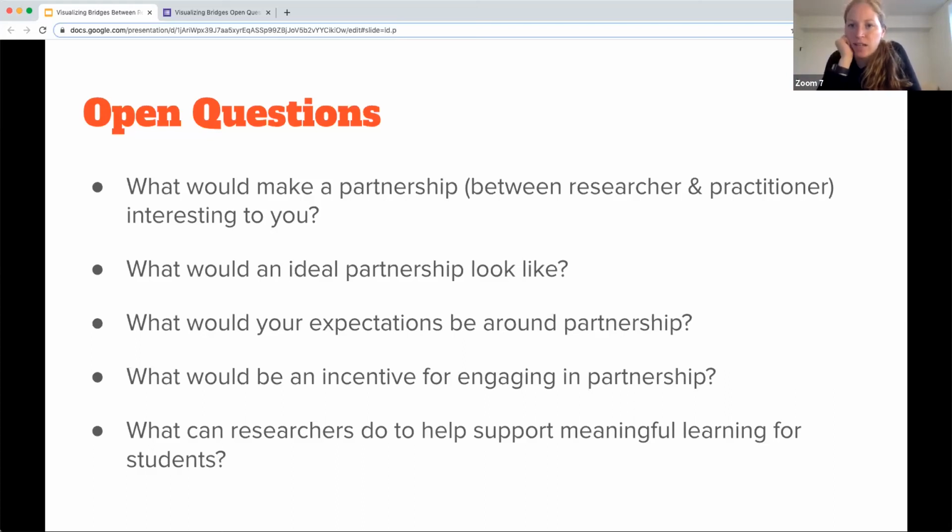Does anybody else have any thoughts? This is Trina. One of the ways that we have found things to emerge is through our teacher education program. We have a professional development school model. And so we work very, very closely with the districts where our students are placed, et cetera. And so often